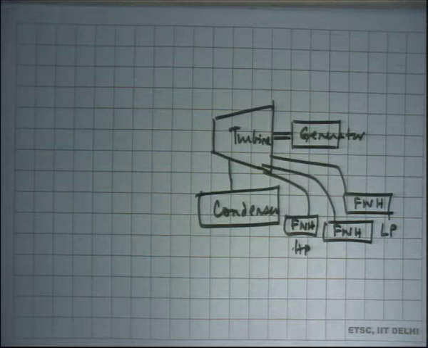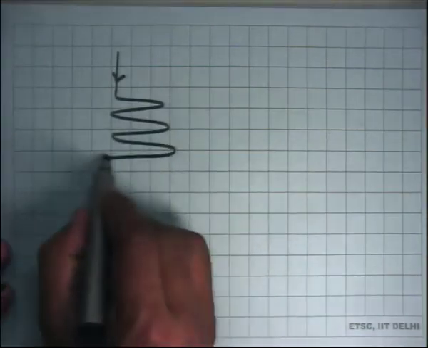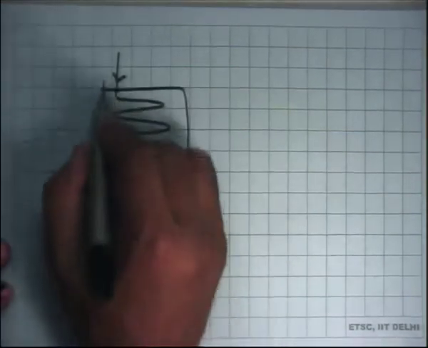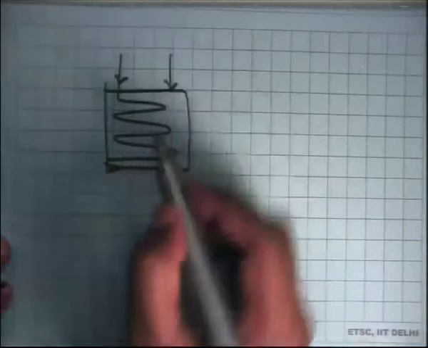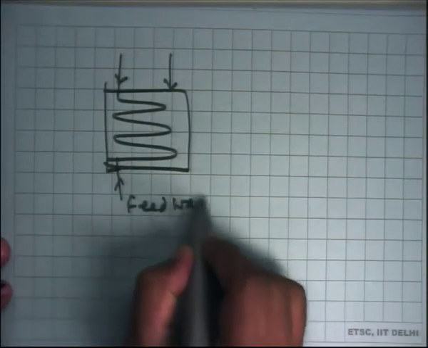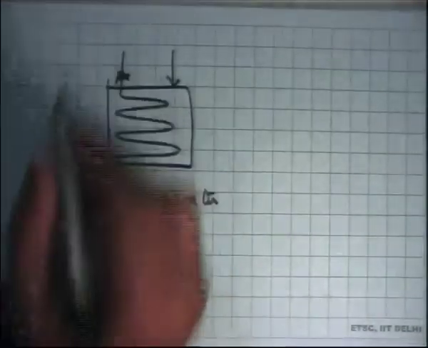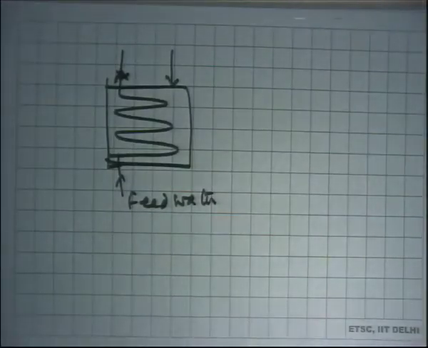So what did these do? What are these devices for? Not exhausted steam, but the bleed steam. So from the turbine you bring out some amount of steam, and that goes in a coil like this. The steam comes in from here, the feed water goes in a coil like this, and on top of the coils the steam condenses, transferring heat to the feed water. So the feed water gets heated up. So what is the purpose of doing this?